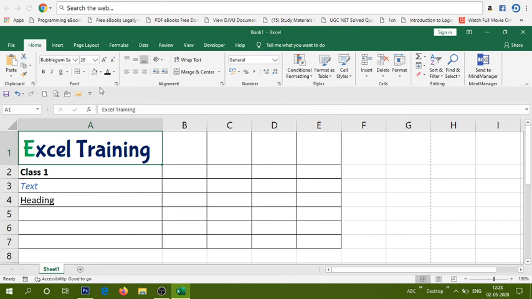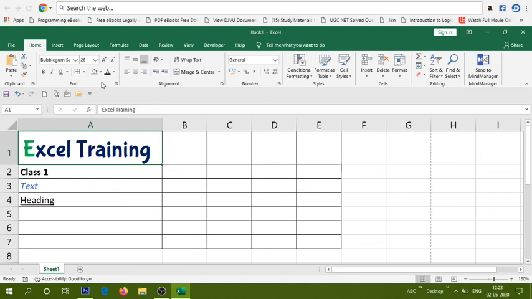Practice this font ribbon well, which helps you to maintain your data in a structured way, following a proper font style always when you are maintaining a database or data, the product values, whatever data. Always follow the same font style, same font size, and coloring.